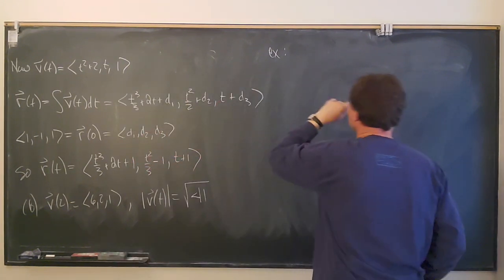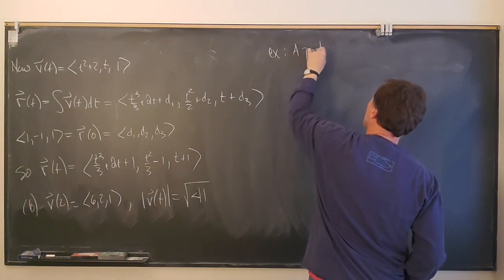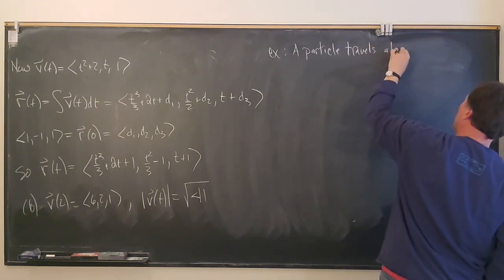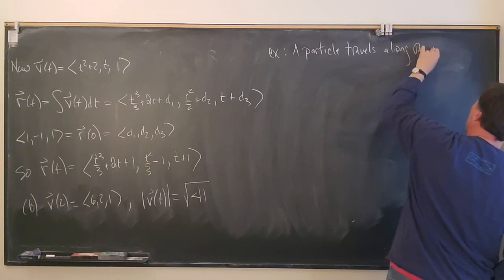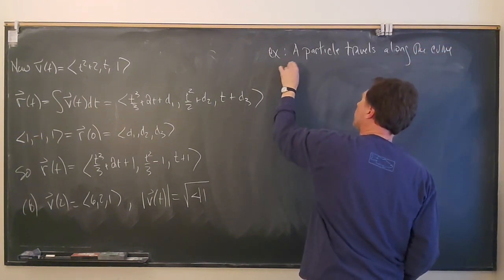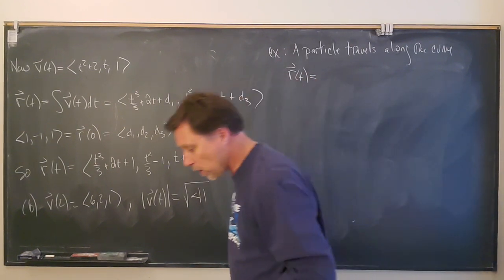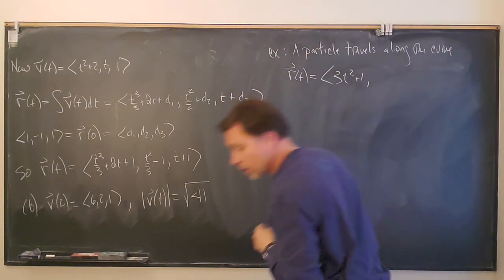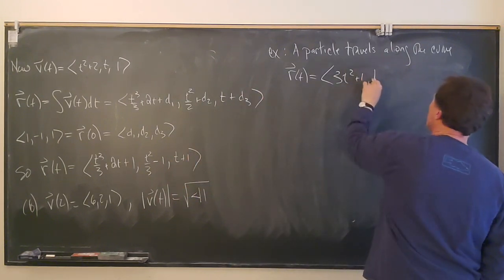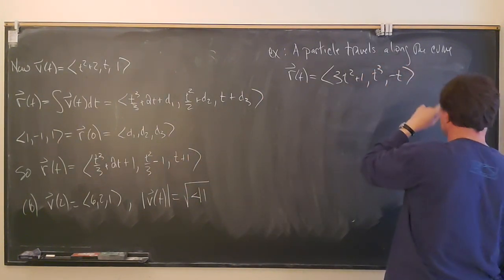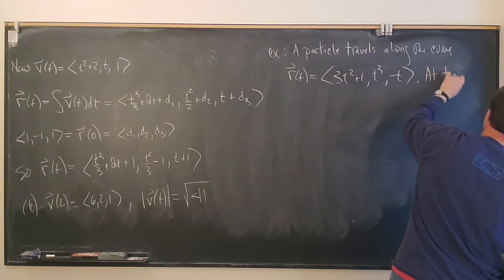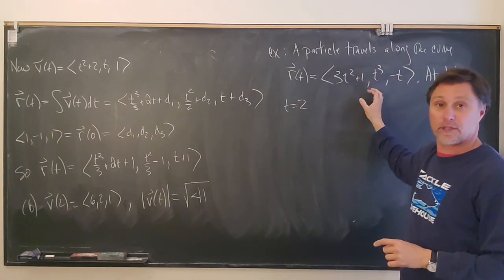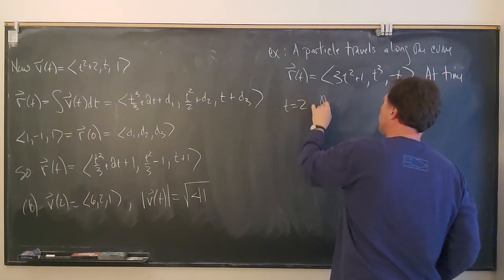So a particle travels along a curve who has parameterization r of t equals 3t squared plus 1, comma, t cubed, comma, minus t. So at time t equals 2, right? So we have this particle traveling along a curve that's given by this parameterization. At time t equals 2, the particle